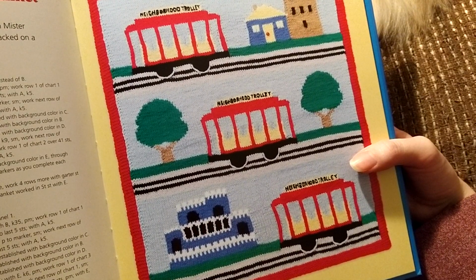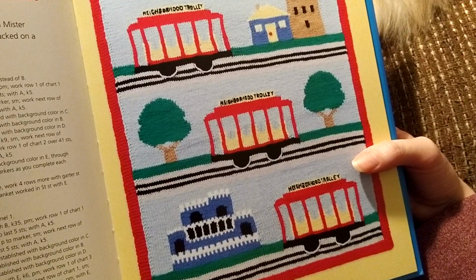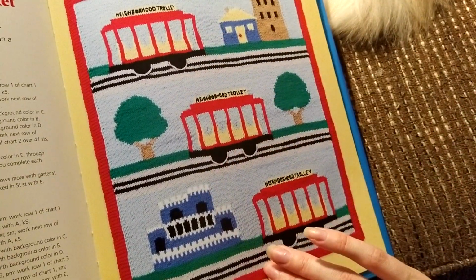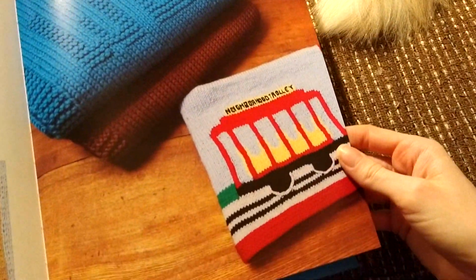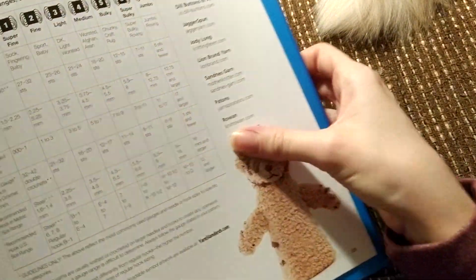And then finally, we got a neighborhood trolley baby blanket. And this was made with Cascade Superwash wool in several different colors. So this one's made in panels. And then we got diagrams for the different panels. We got a picture of just the 3 blankets folded up. And then we just have kind of our